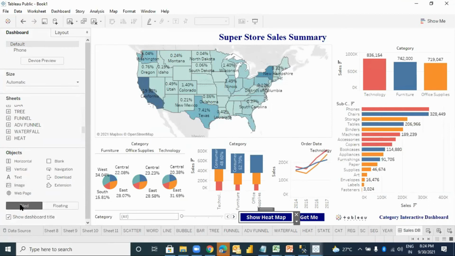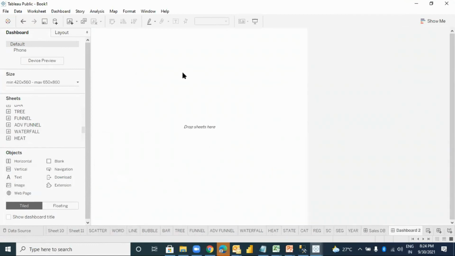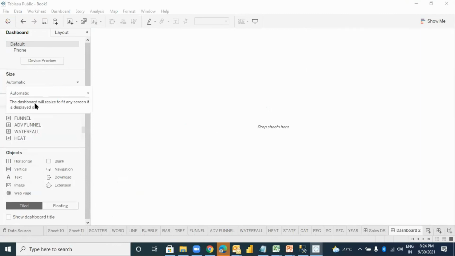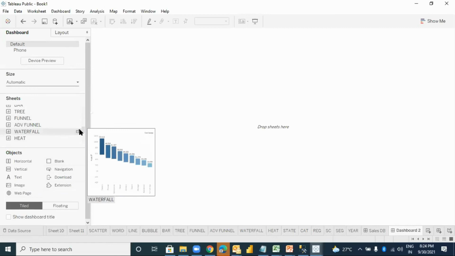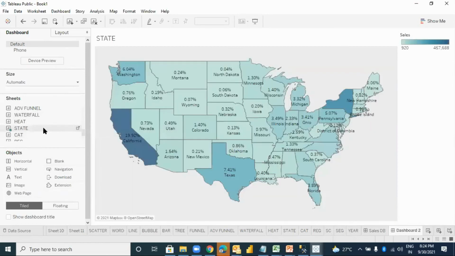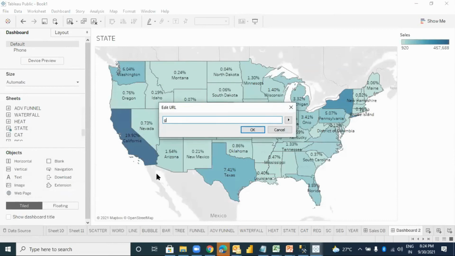Okay. Then for other, I have to give you another dashboard. Let me take another dashboard. Always remember the first thing which you do when you come to the dashboard is making the size as automatic. Make the size as automatic, and I will display the state over here, and along with this I wanted to display the web page. I will say google.com,